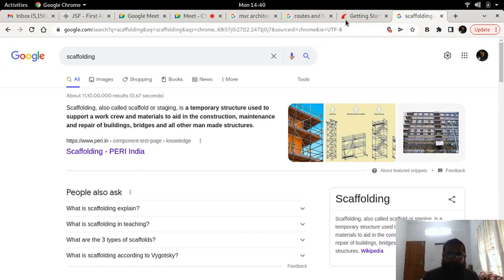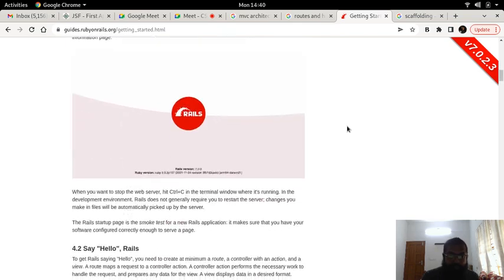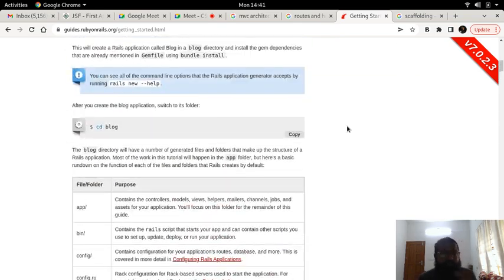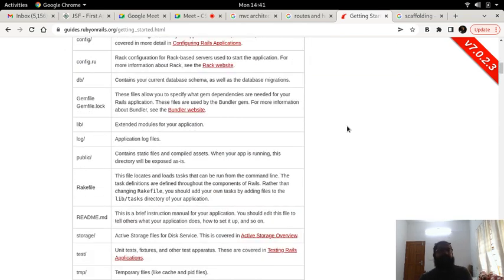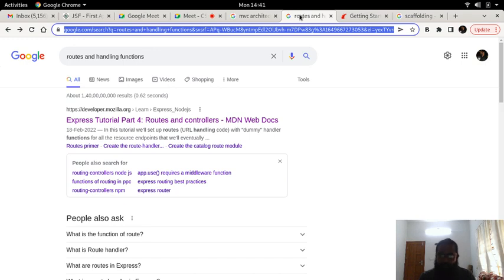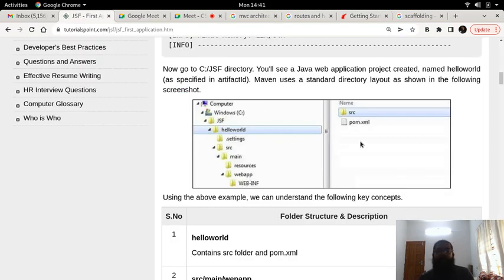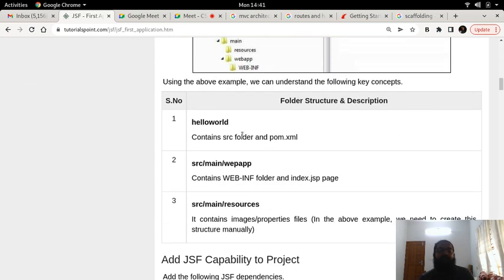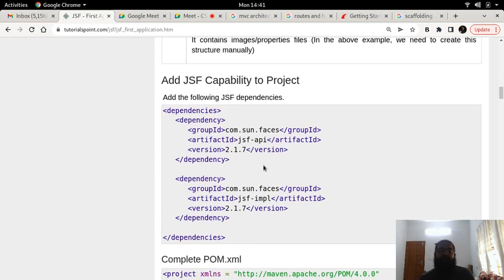You can think of what is happening here, the directory structure and the files getting created, as a temporary structure, and it's called scaffolding in computer terms as well, not just in building terminology. They do the scaffolding, which means that there will be different folders, subfolders and files where you have to do some configurations.